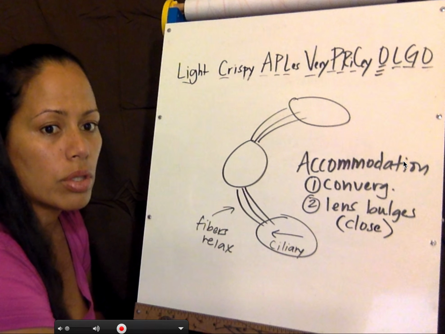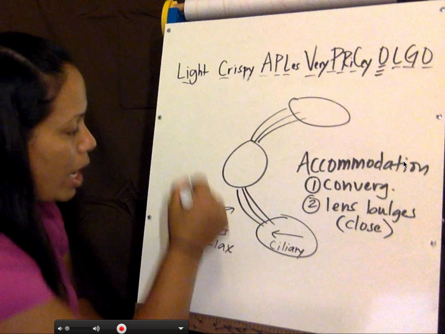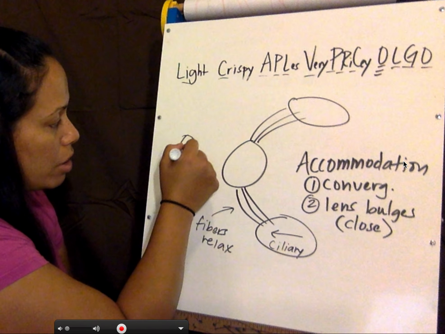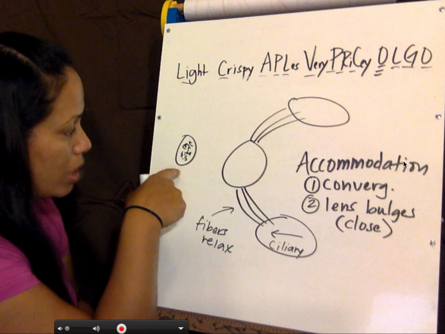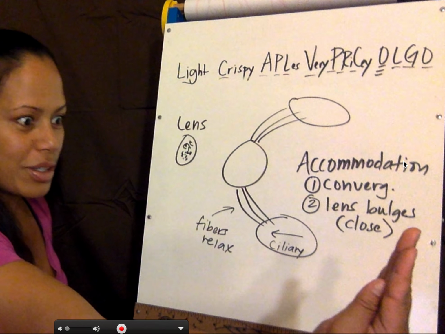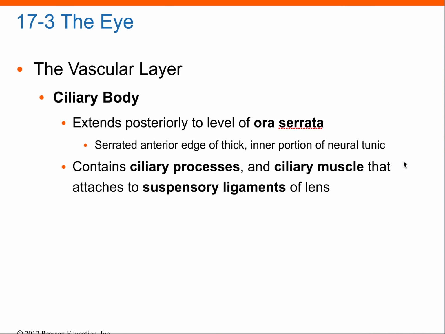What happens as you get older is your ability to accommodate becomes less. Maybe not that your muscles themselves are not able to do it, but the ability of the lens to bulge and change shape decreases over time because you have more deposits of protein and other products into the lens. This is the lens. And it makes the lens stiffer and stiffer. So over time, if you notice, as you get older, your vision when you're reading something gets a little bit farther and farther. Okay, you guys won't see that for a long time. I'm not there yet, thank goodness. Okay. So ciliary